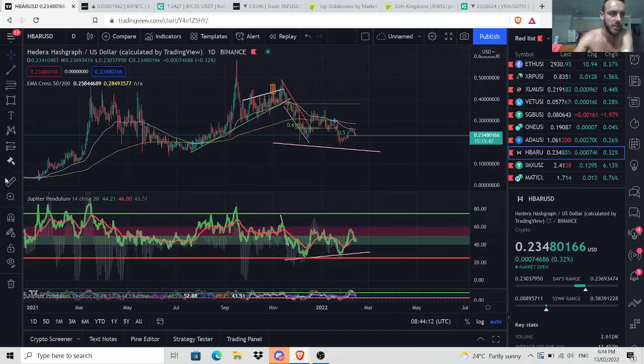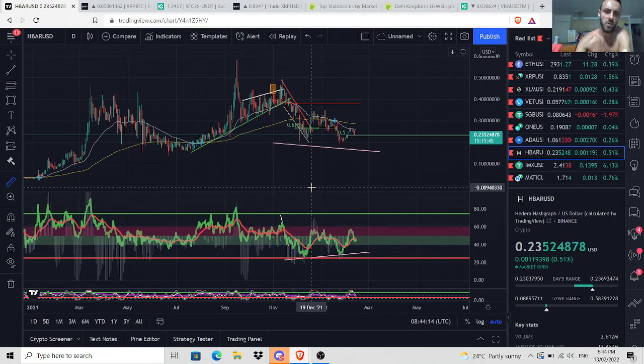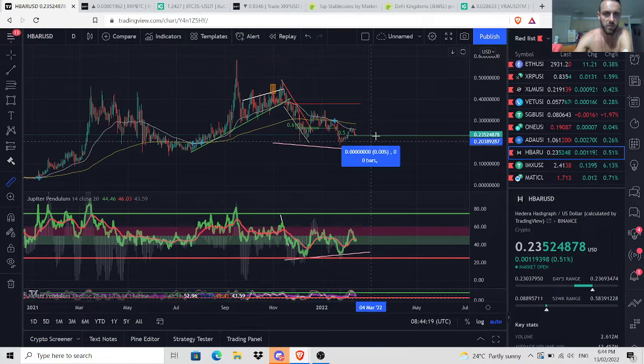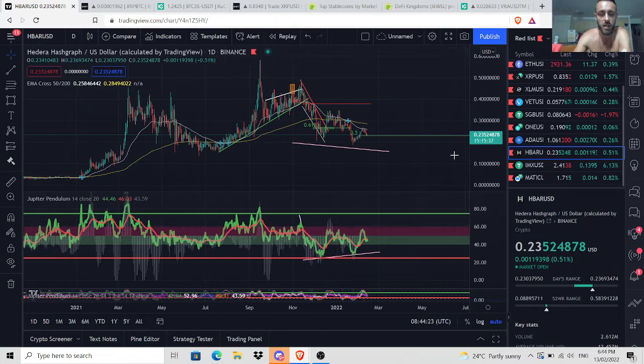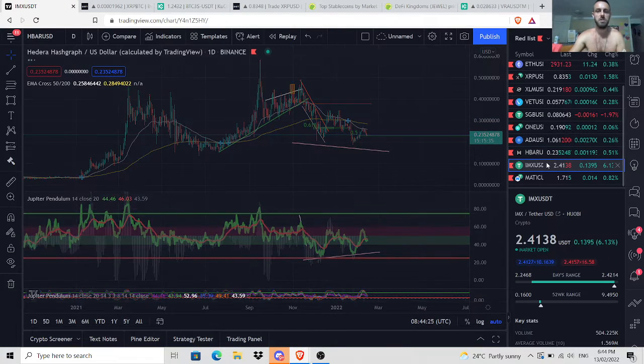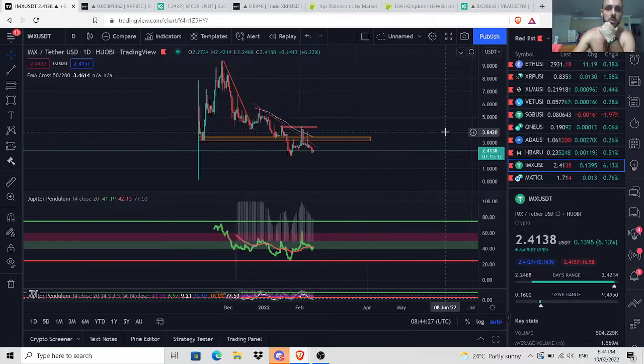Okay, so if we're buying at these lows, it's risky because if we keep going down, we could lose a lot of money, a lot of purchasing power. But if we get the divergence and we push up again, we can double our money here. It's very interesting, and that's just spot, no leverage. The interesting tool I've got for you before it gets too long, and I'll show you why.